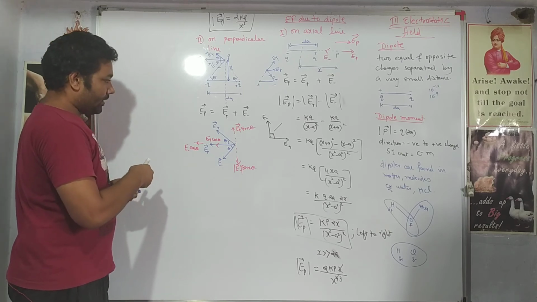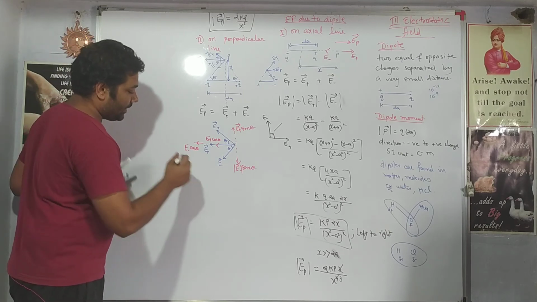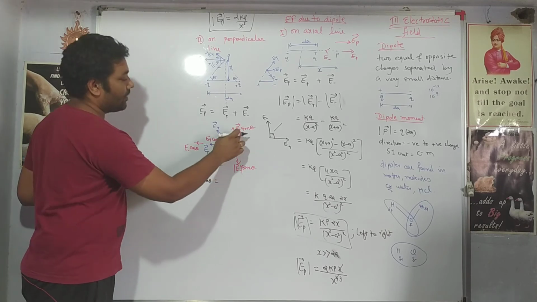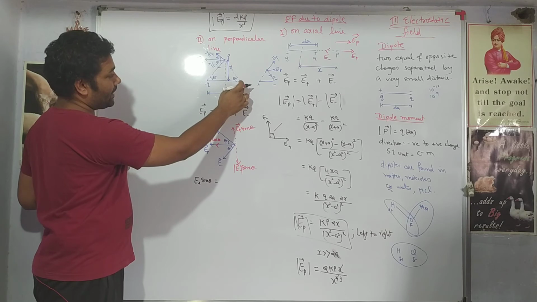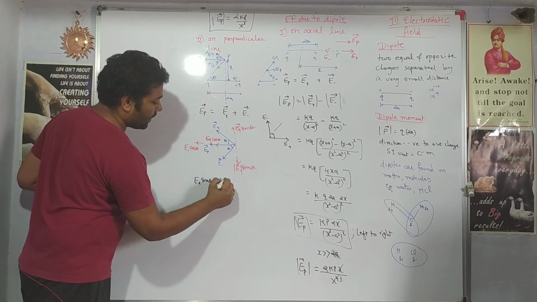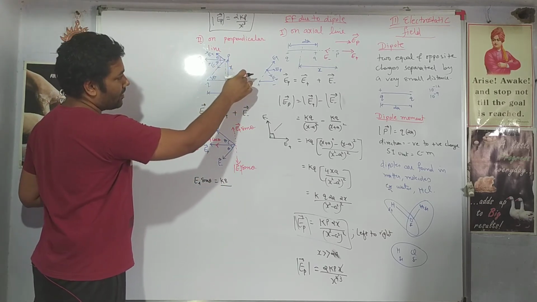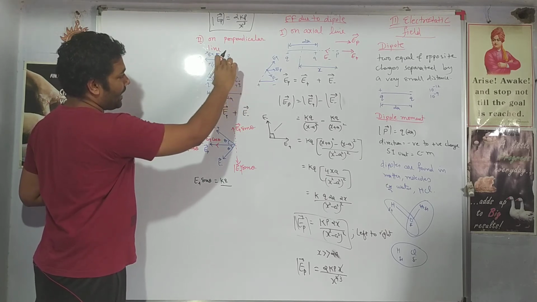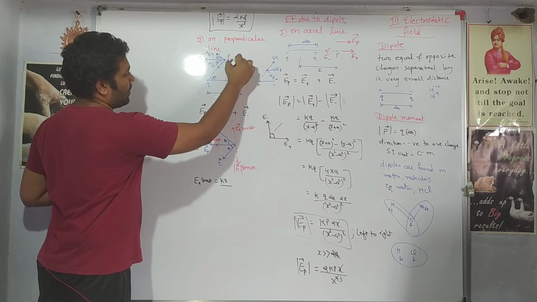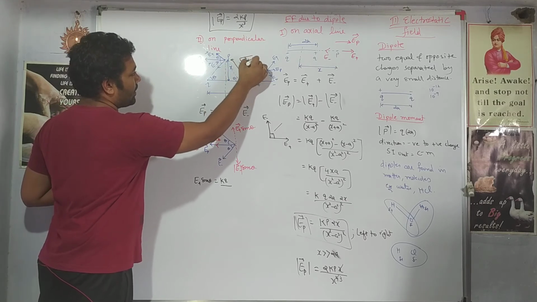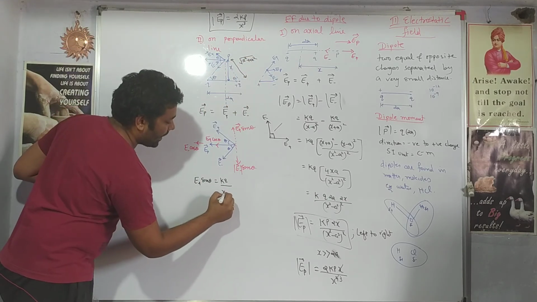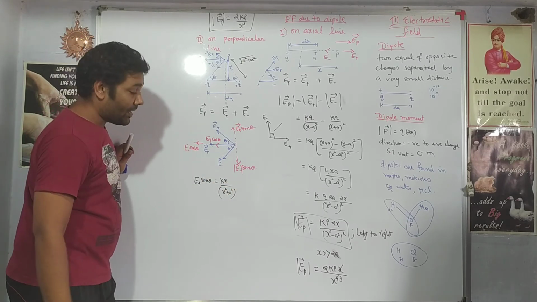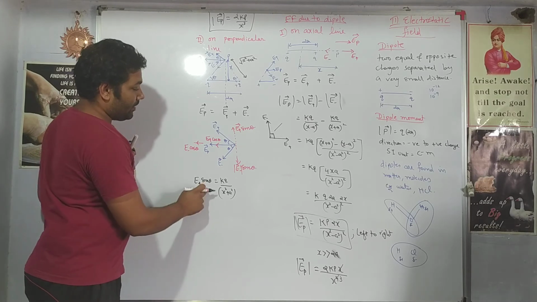So the electric field E plus sine theta, what is its value? Let us find out the electric field due to the positive charge. It will be kq by distance square. What is the distance? This is the distance from the point P. So this is a, this is x. So this distance will be square root of x square plus a square. Put here x square plus a square. The square root will get cancelled since the formula is kq by r square, right? And sine theta.